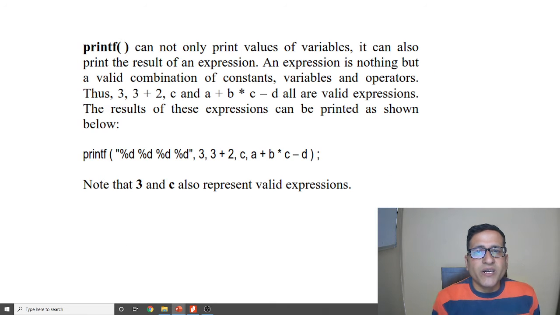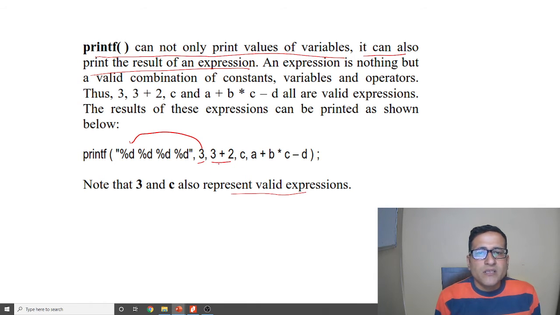Next is printf again. Printf cannot only print the value of variables, it can also print the result of an expression. Like we can write an expression directly here. This is the value, it will be printed. This is also an expression. 3 plus 2 is 5.